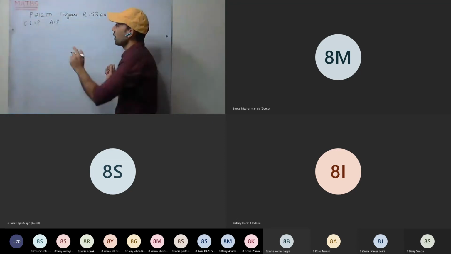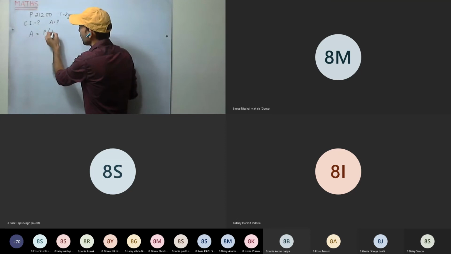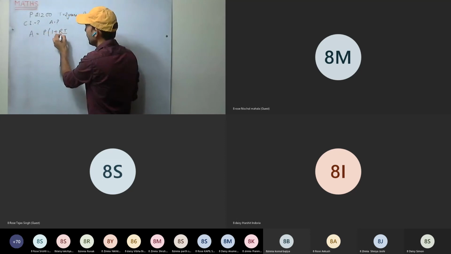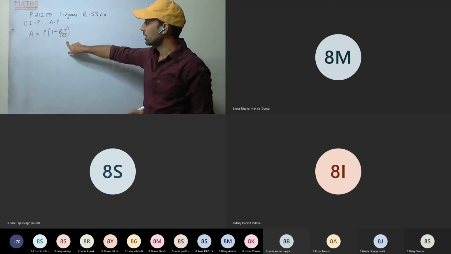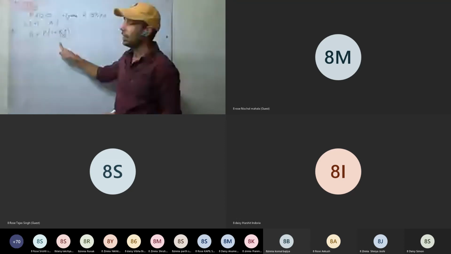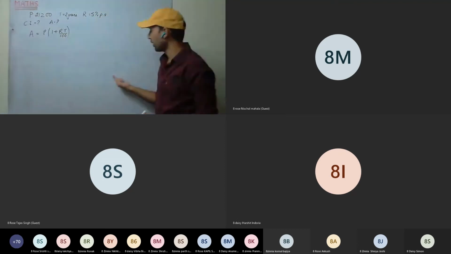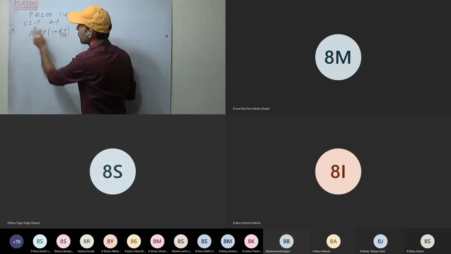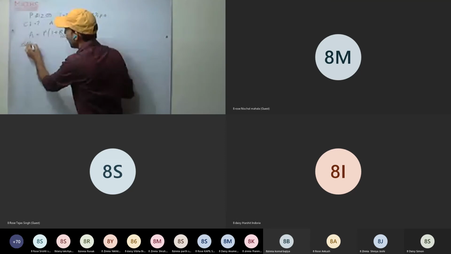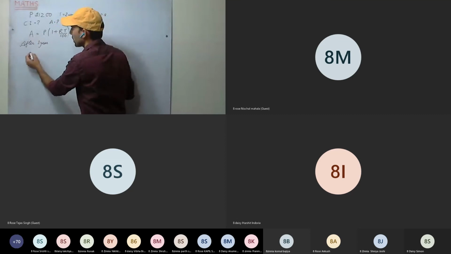Now see here, we all remember this formula: amount equal to P(1 + RT/100). This is for calculation of amount. In compound interest, we will mainly be using this formula, and through this formula, we will derive the final formula. So first we will calculate the amount after 1 year. So A1 equal to,